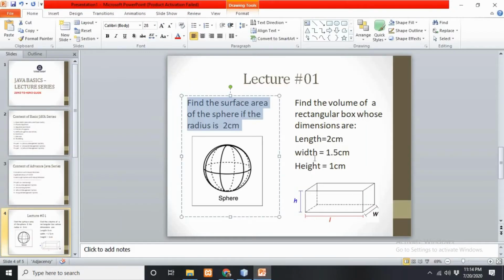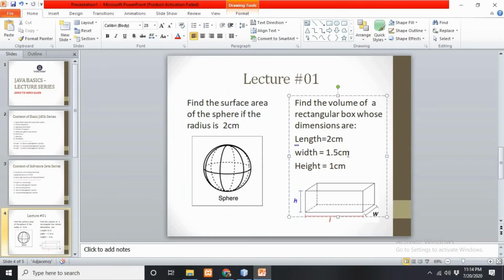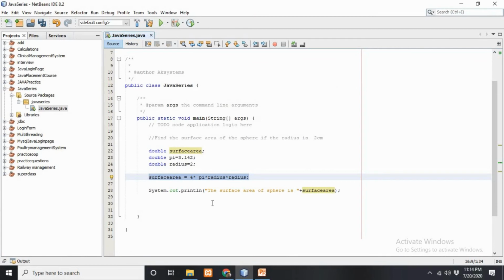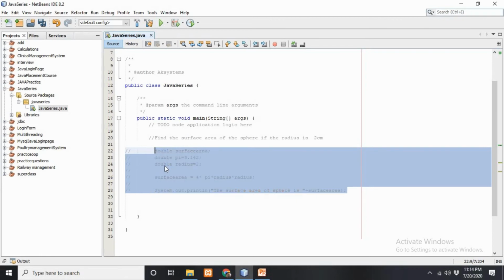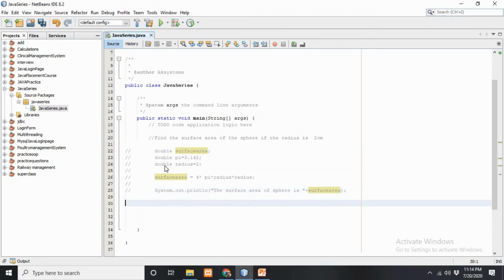Okay, next, our next task is to find the volume of a rectangular box whose dimensions are length equals 2, width equals 1.5, height equals 1 centimeter. Okay, so what I am going to do right here is comment all this code to write the new code, obviously.